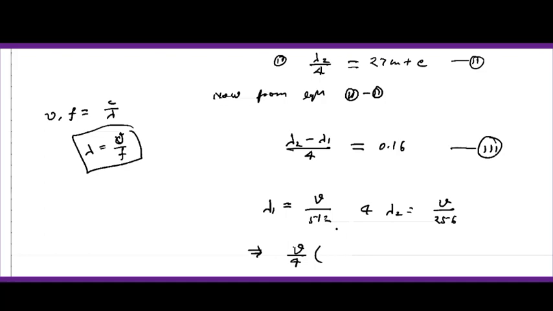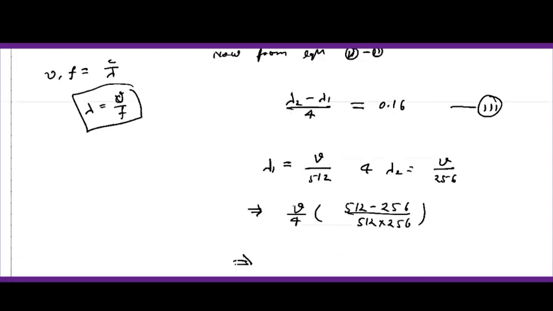या ऐसा कर सकते हैं 512 माइनस 256 डिवाइड बाई 512 मल्टीप्लाई बाई 256 के। ठीक है, सो v की वैल्यू आ जाएगी, और ये इक्वल किसके है 0.16 के। सो v इक्वल्स टू आ जाएगा यहाँ से 0.16 मल्टीप्लाई बाई 4, और मल्टीप्लाई बाई 512 के। सो टोटल जो वेलोसिटी आ रही है वो आ रही है 328 मीटर पर सेकेंड के।